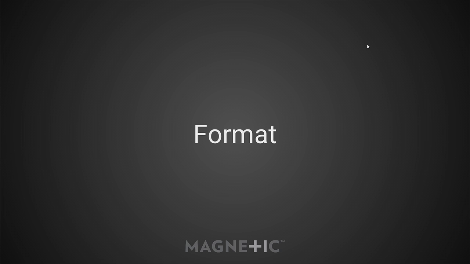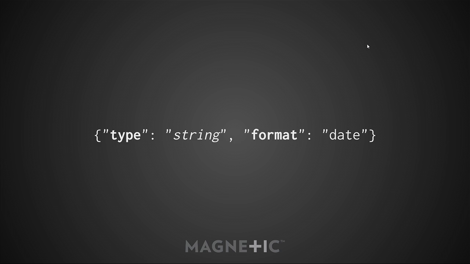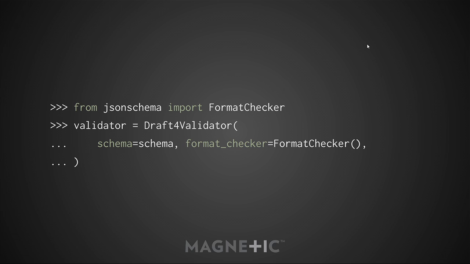Good. So let's talk about format. Format is a validator that basically lets you define the form of particular primitive types. So for example, a string. I have a string, and I want people, first of all, to know that it should be a date. So I can say type string format date, and that means the strings that you give me are supposed to be dates. Now, they're not actually used by default for validation. That's what the specification happens to say.